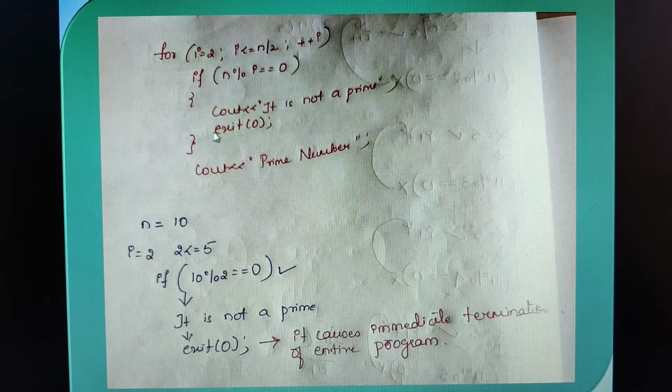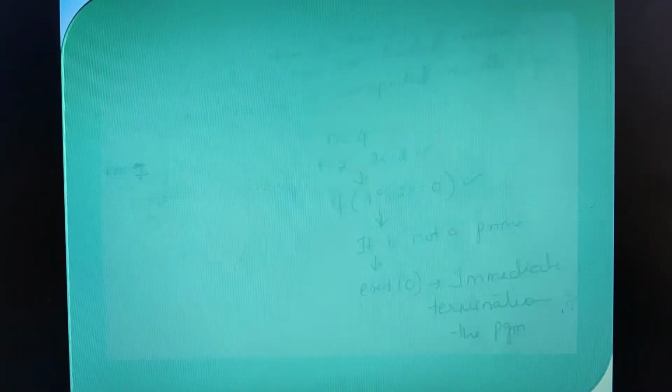After that we get exit of 0. Once it is exit of 0, abruptly the execution of this program will stop and the control comes out of this execution. The control directly goes to the program code where you have written. Okay, I hope you are able to understand. I'll show practically how to execute the function.